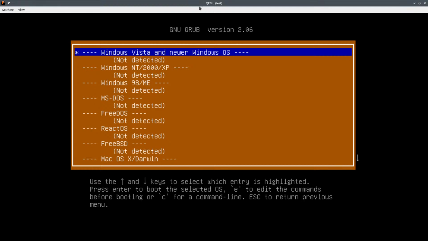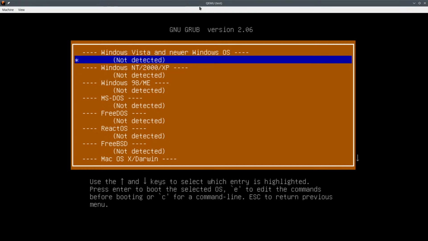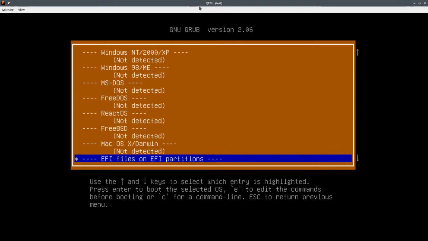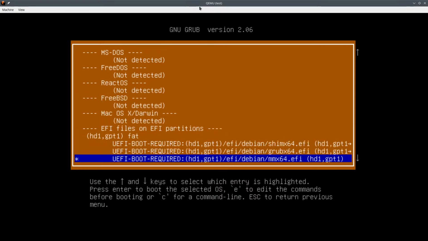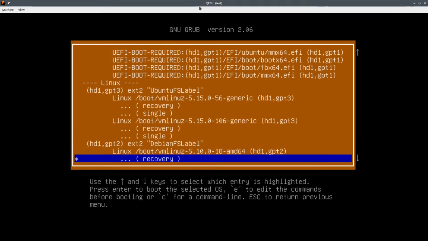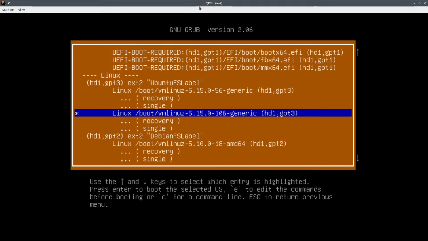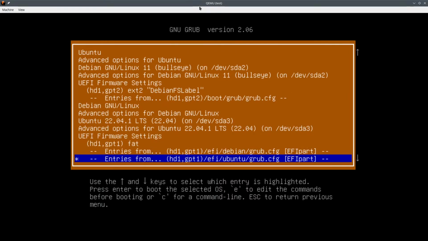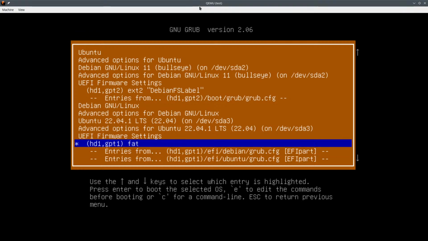So this is something where all of this not-detected stuff is not on what you can download, because this is a development version. You can boot the different EFI files, you can boot different Linuxes that you have on your system. It can read inside of the grub.cfg files.